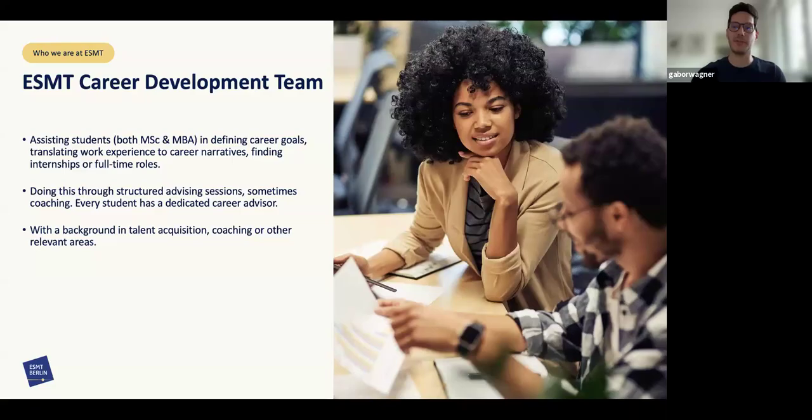They just need help to navigate the job market. So we work with both of them, which is quite a lot because they are two totally different perspectives: defining their career goals or translating the work experience into career narratives, finding internship or full-time positions for them. We do this through structured advising sessions.